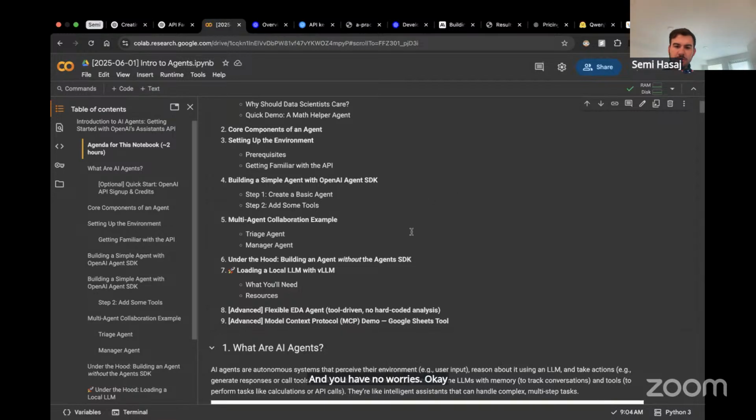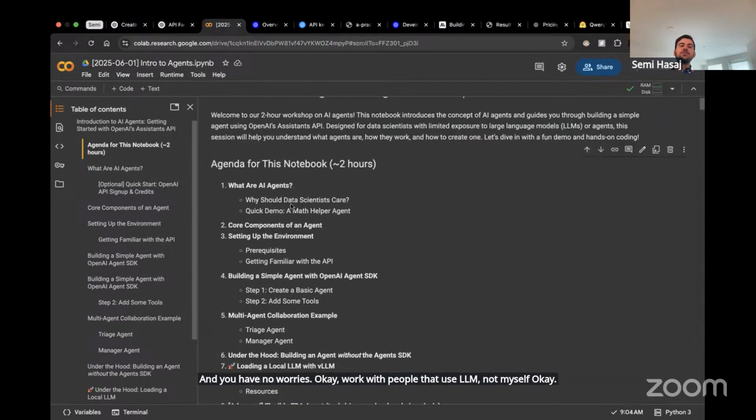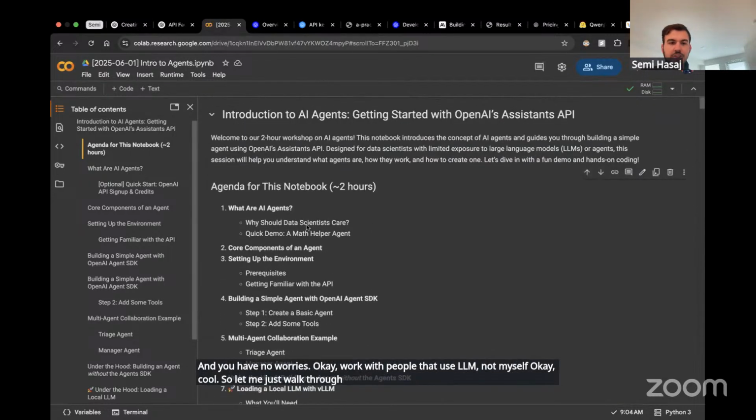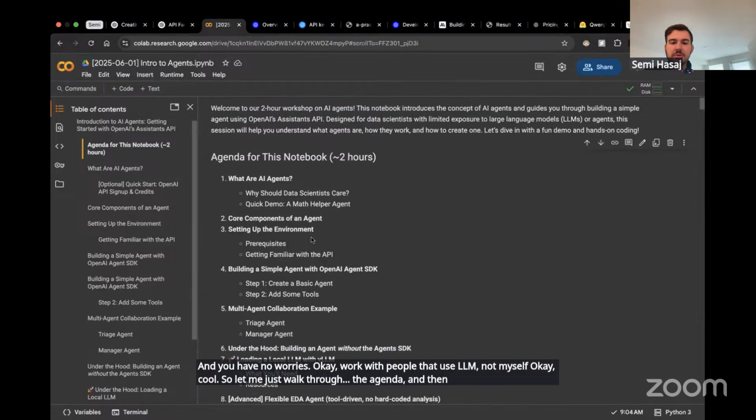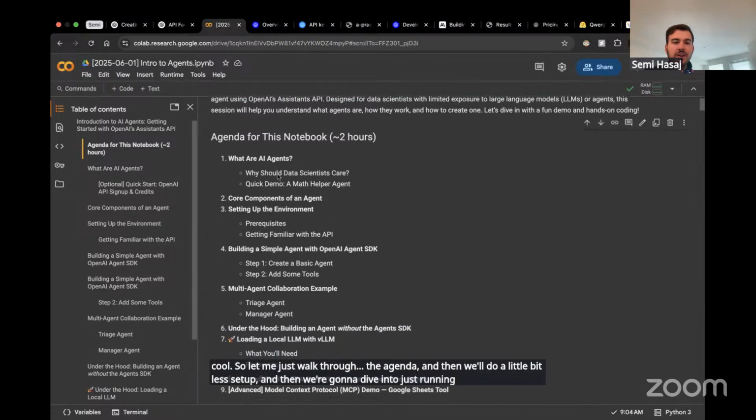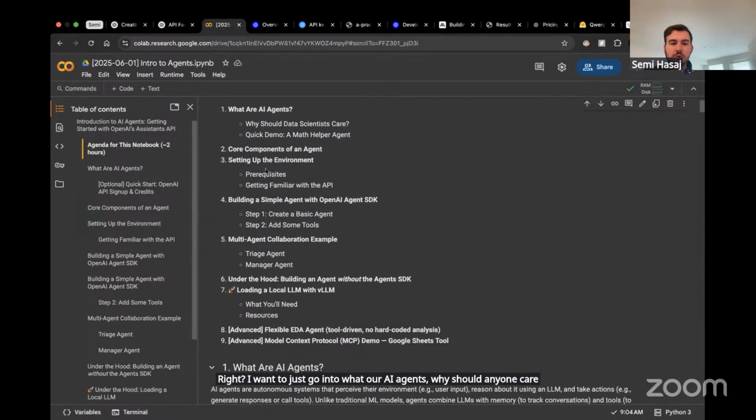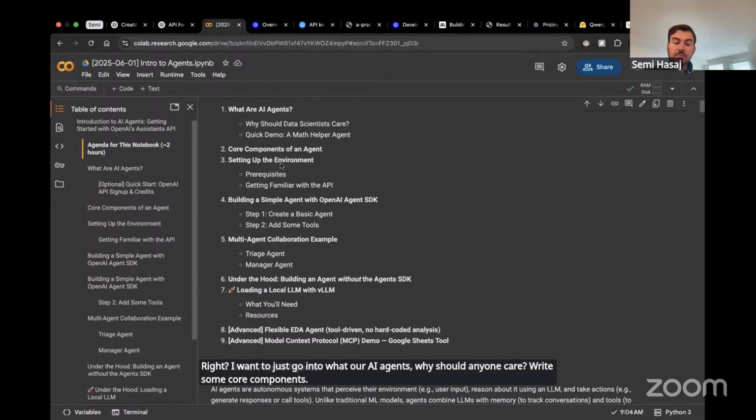Okay, cool. So let me just walk through the agenda, and then we'll do a little bit less setup and dive into running code. I want to go into what AI agents are, why anyone should care, and some core components, and then we're going to jump into actually running them and setting them up.